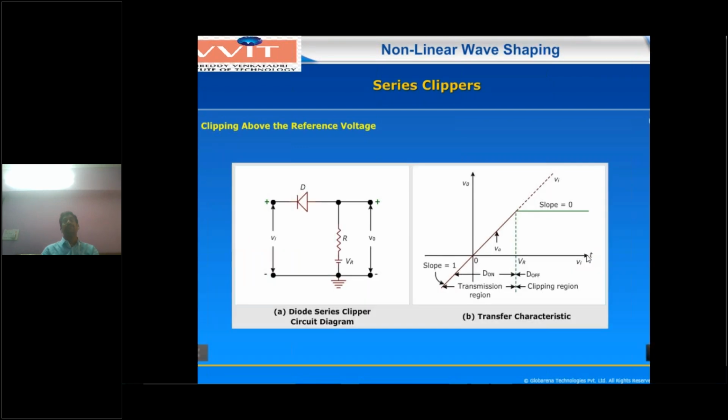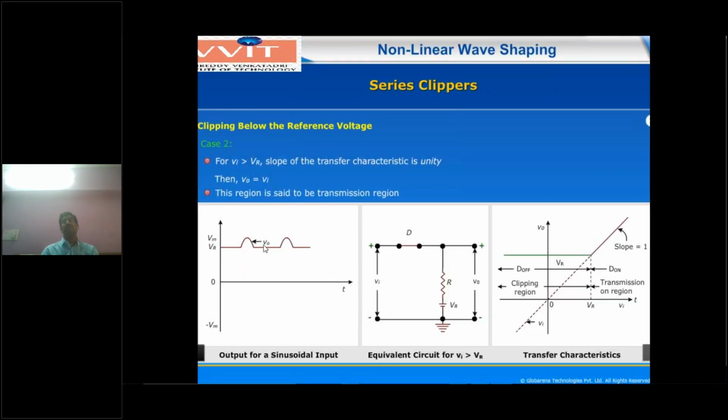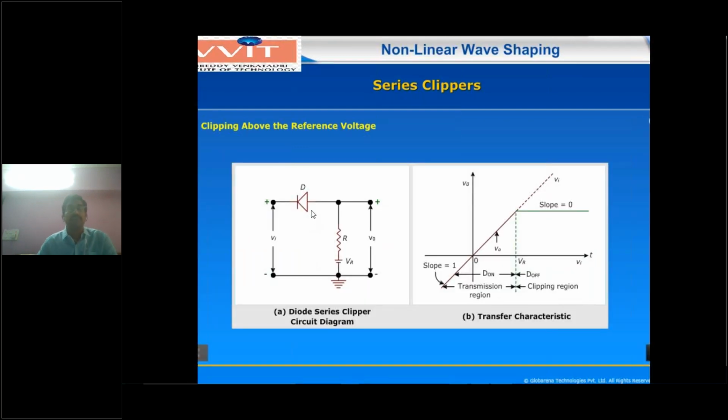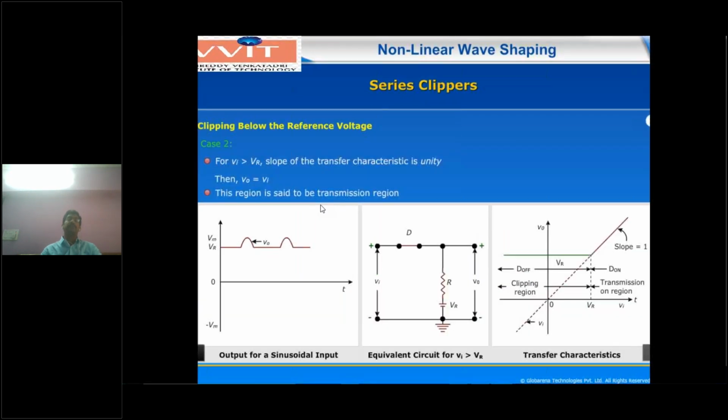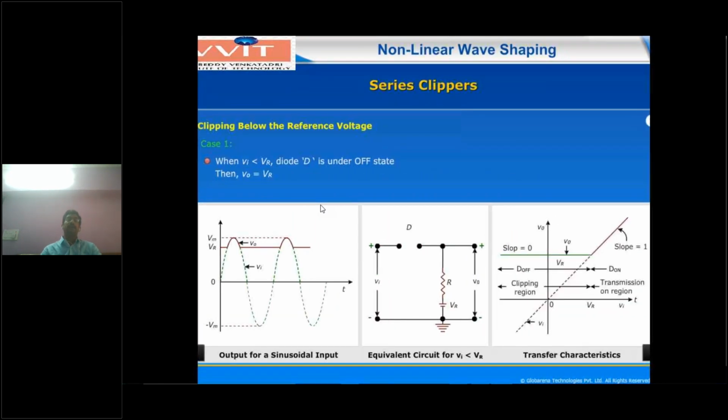Now see the output waveform. This is the output waveform, and this is the transfer characteristic. Next one, this is the fourth circuit, clipping above the reference voltage. So what is the difference between the previous circuit and this circuit? Clipping below the reference voltage and